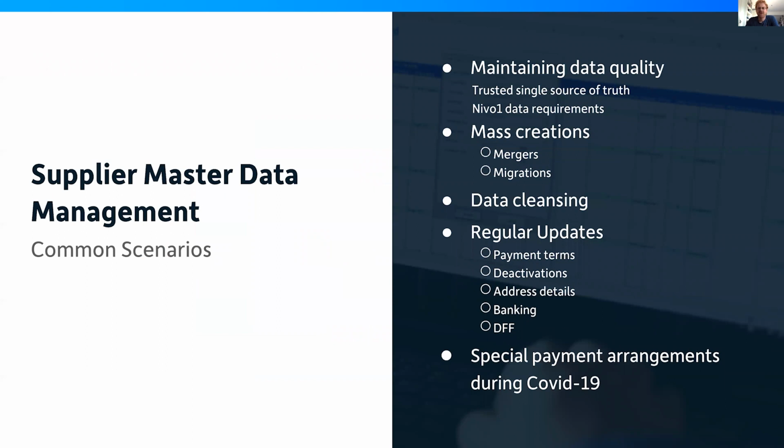So what are the challenges with supplier master data in particular? With master data, the main focus is on creating a trusted single source of truth. You want the highest quality data possible. Aside from the continual day-to-day upkeep of the supplier master, there are scenarios we regularly see cropping up within our